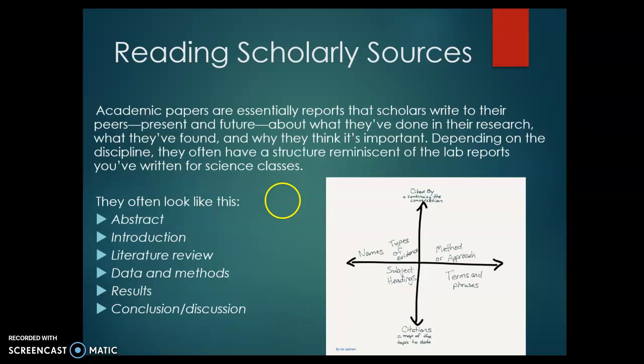You will find that there's an abstract at the beginning, or a summary of what's to come in that paper. Oftentimes when you're conducting background research, you can look at the abstract and you'll know right then and there whether or not it's going to be sufficient for your purpose. There will be an introduction introducing all of the contextual details and the importance of the topic. Then you find a literature review, which is essentially a research paper like what you're putting together. Then you have data and methods, so how the study is conducted, what the different parts of the study are, what the variables and the controls are. Then you have the results of the study, and then a conclusion that is going to extrapolate the findings to importance for